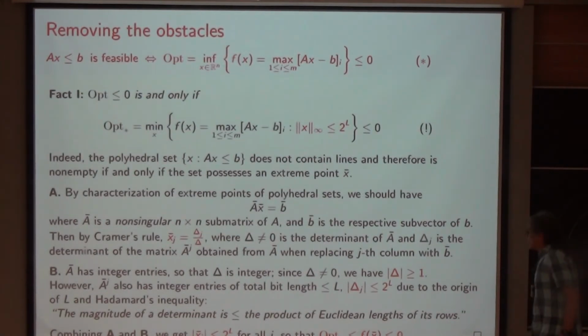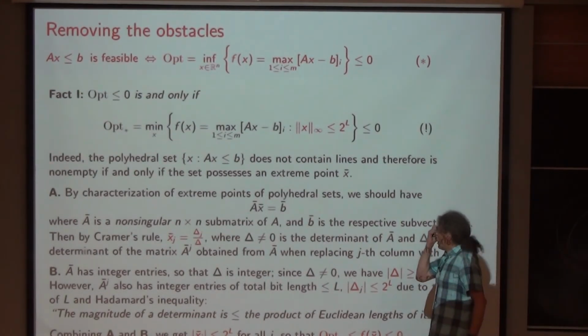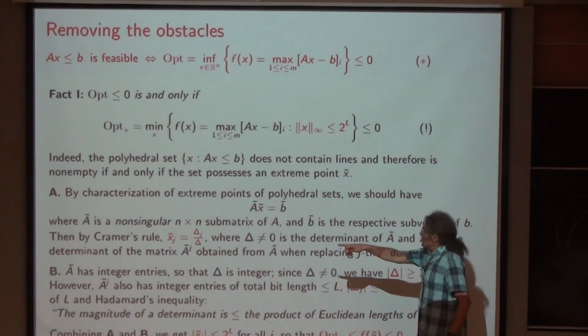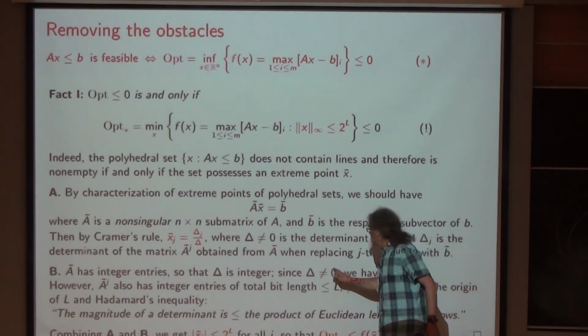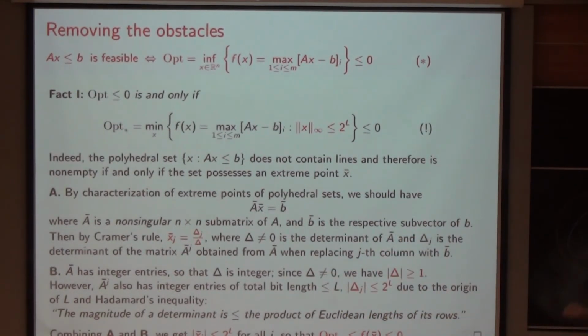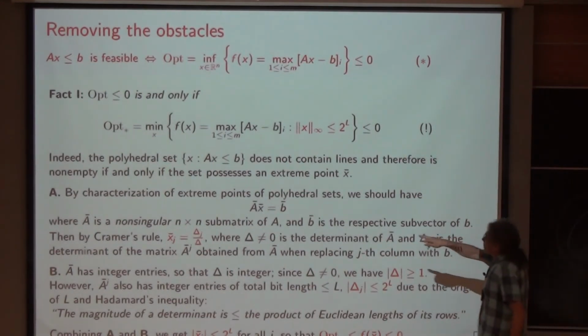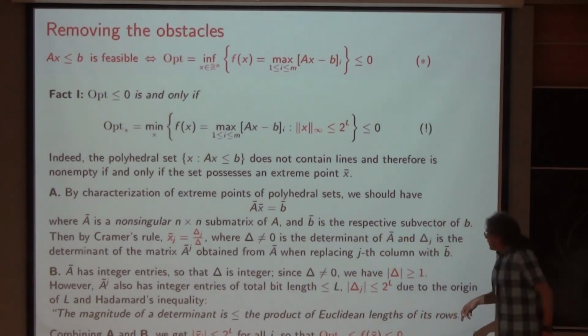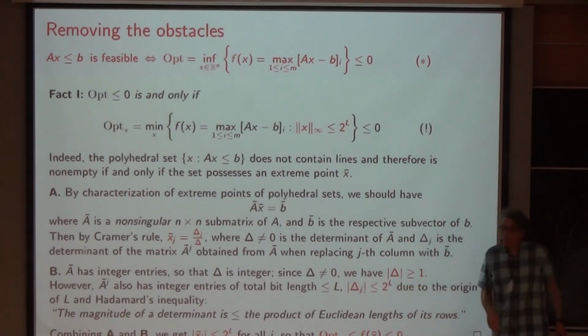Okay, and basically now we are done because look, the matrix A bar has integer values and the determinant is non-zero, it means it's at least 1. Okay, the denominator is at least 1. Now, the determinant, which is in the numerator, is also bounded, in fact, by 2 to the power L, because